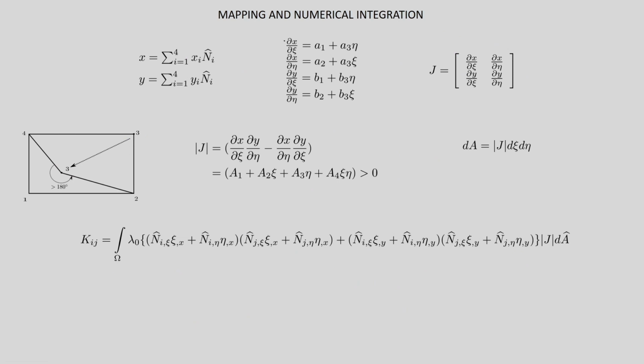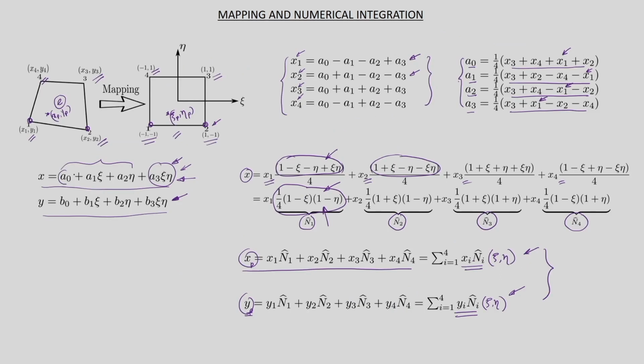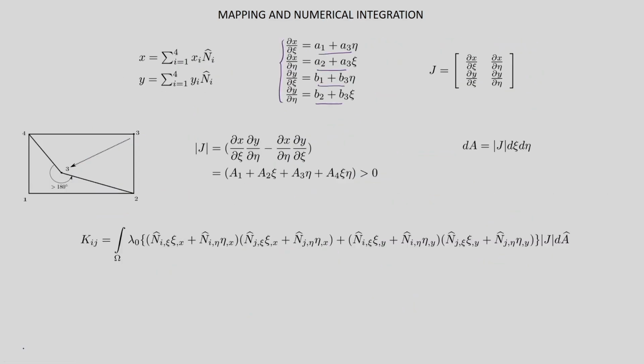So, from this we can get the values of ξ,x and ξ,y, alright. That has been shown here, but in terms of the coefficients a0, a1, a2, a3, b0, b1, b2, b3. So, these are the coefficients that we used for mapping. Let us go back and just show. So, these are the coefficients, okay. If I take a derivative with respect to ξ, we get a1 plus a3 η, alright. Similarly, with respect to η gives a2 plus a3 ξ. So, all the terms in the Jacobian matrix can be calculated this way.